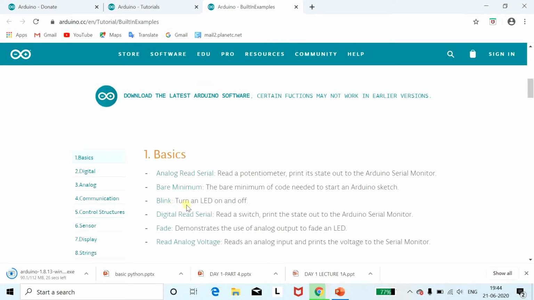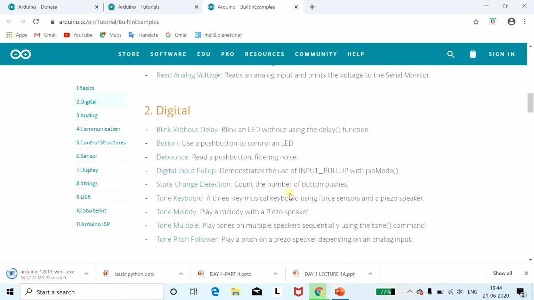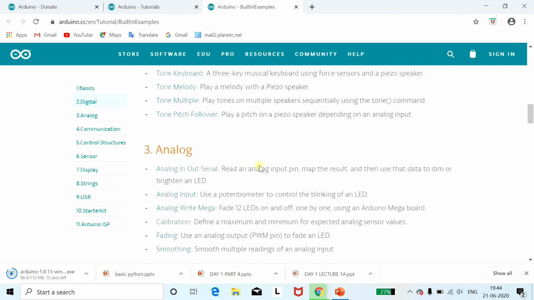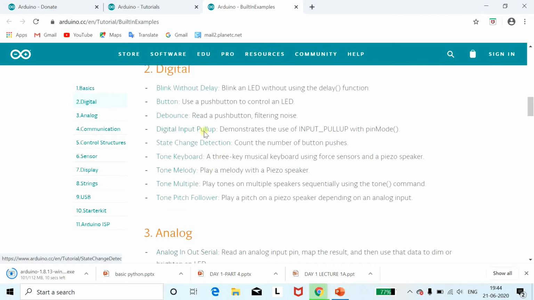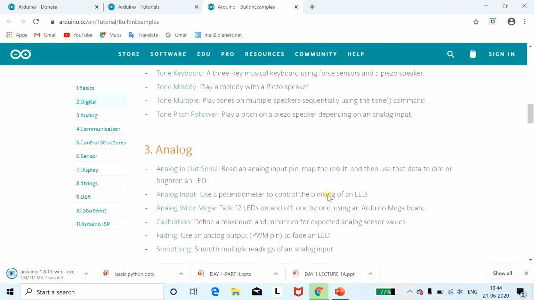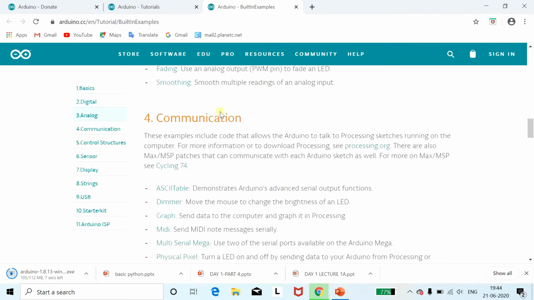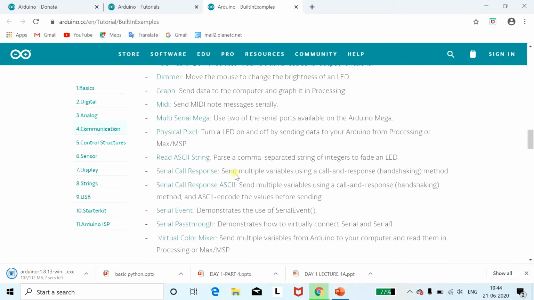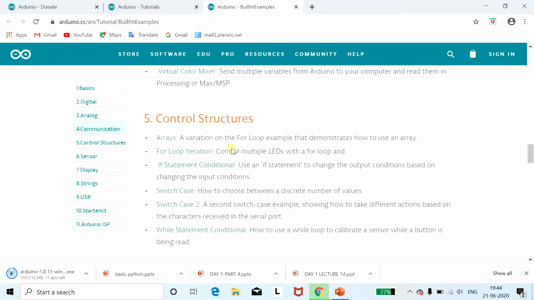In this program we are going to see how to blink an LED on and off, how it will get used for digital applications. Here we should have an idea about what is meant by an analog signal, what is meant by a digital signal, and then how it will work, how you are going to communicate, how you are going to send that signal. That operation is given, how you will carry it out.